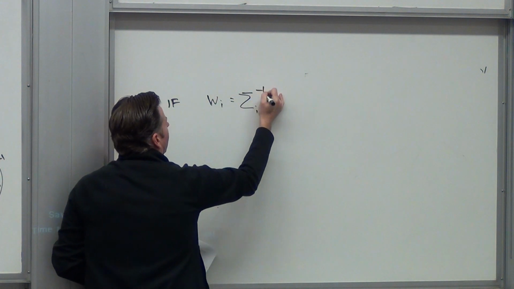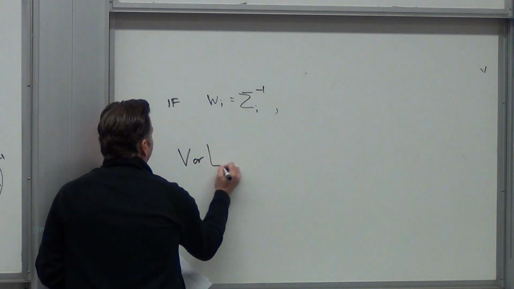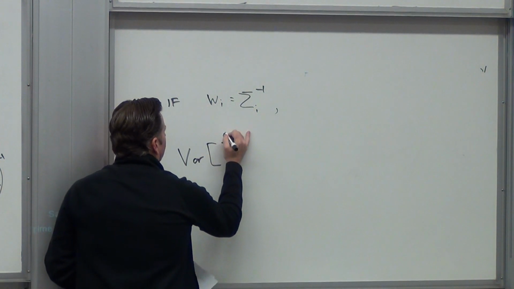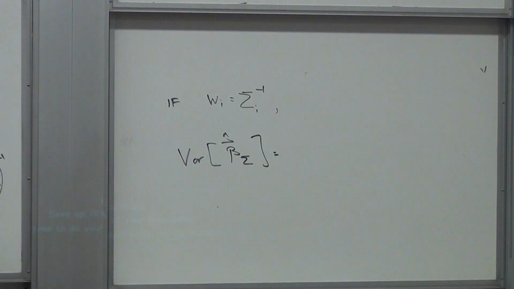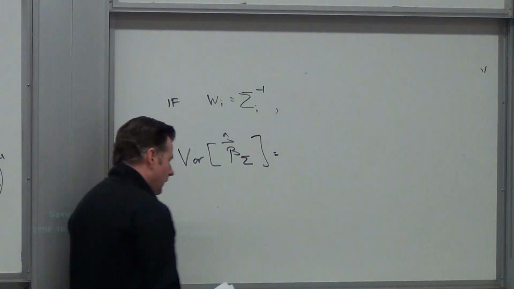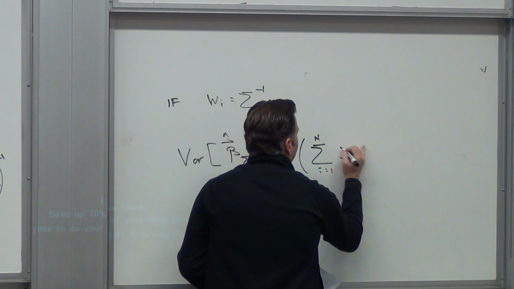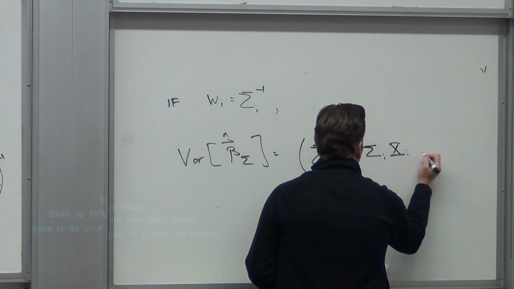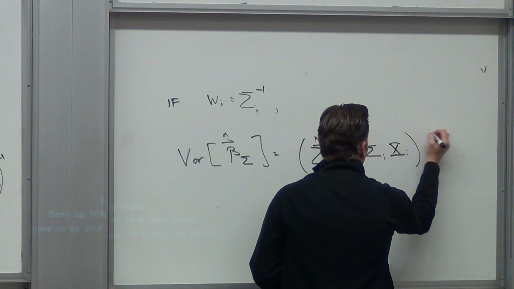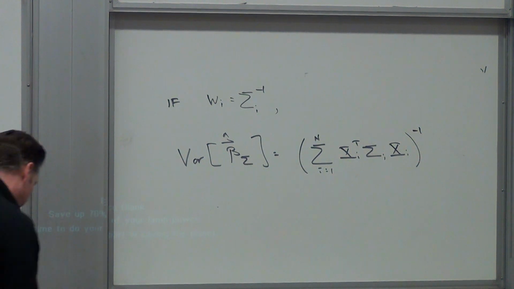And of course, we know from all the work that we've done in the past, what we would really love to do is say, what if I took Wi equal to sigma i inverse? In that case, you can just fill in the gaps here. It's pretty easy, right? The true variance, or the inverse of that true variance covariance, is just going to break down into what we know and love, which is the inverse of the sum of xi transpose sigma i inverse xi. Okay? Good.